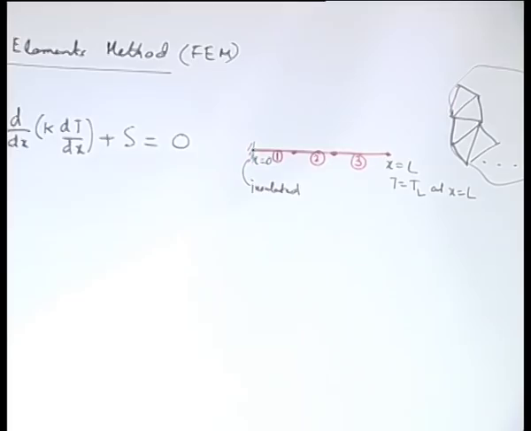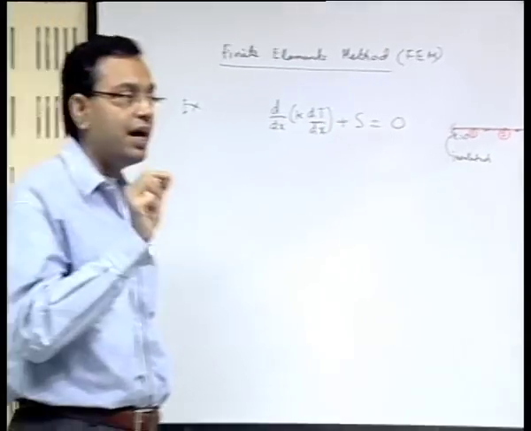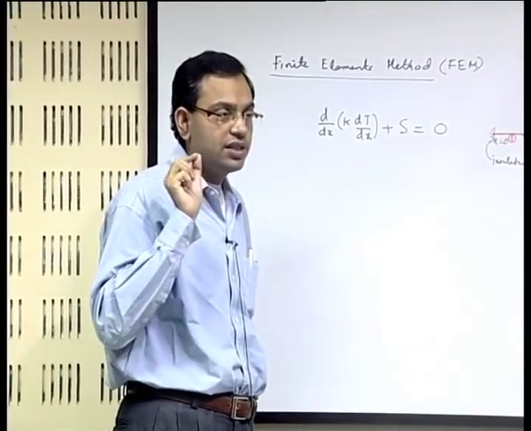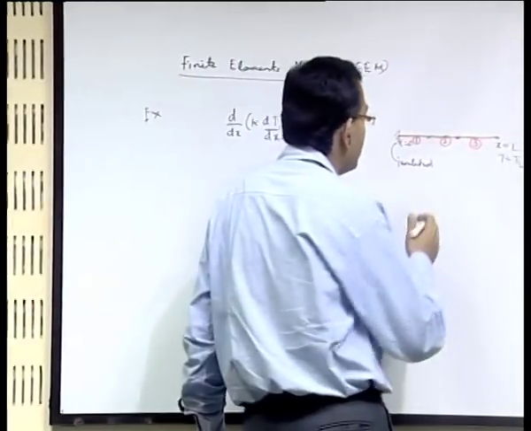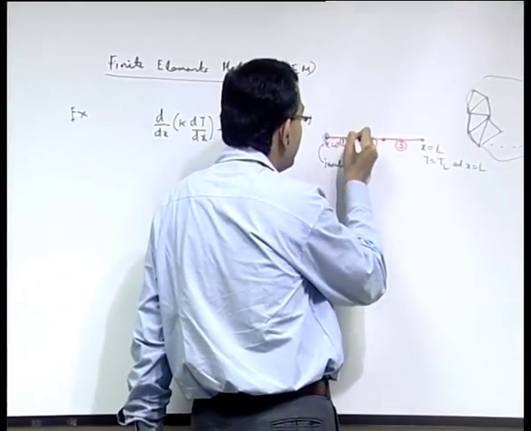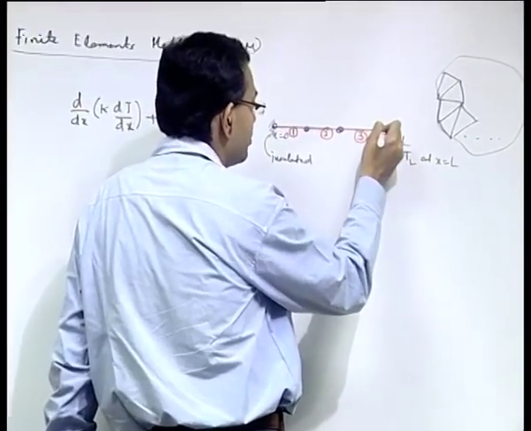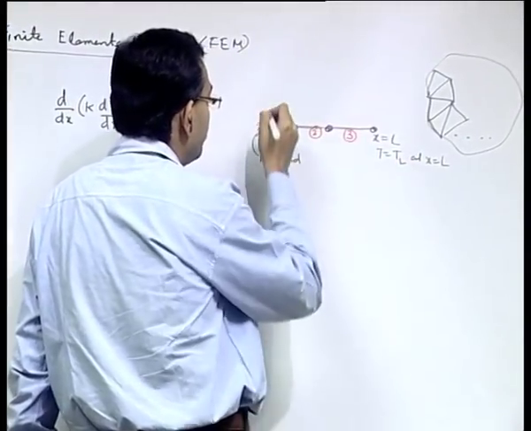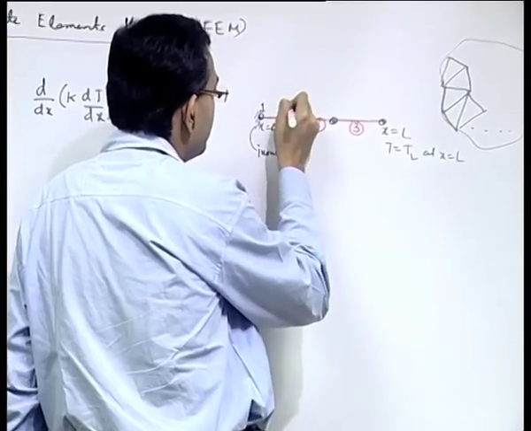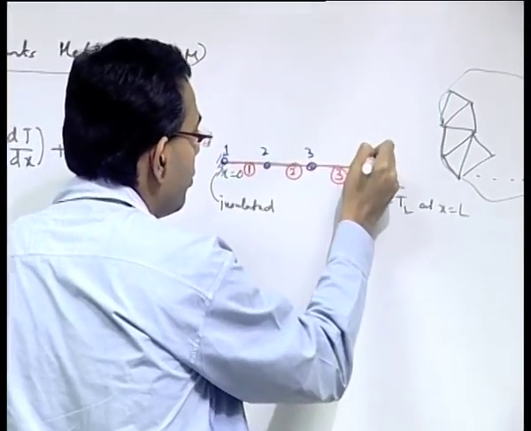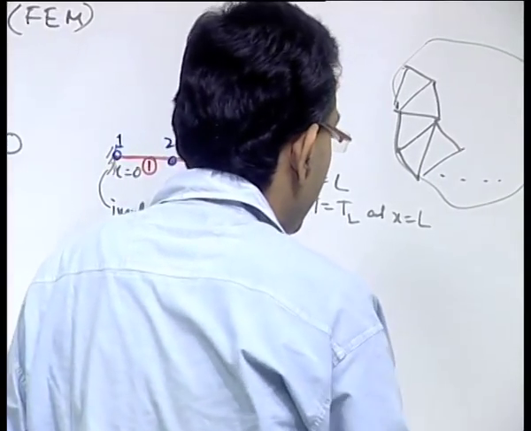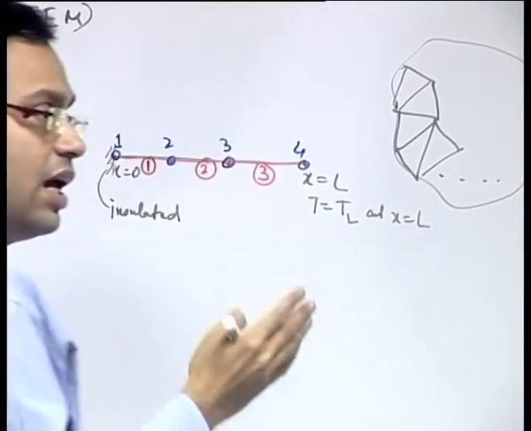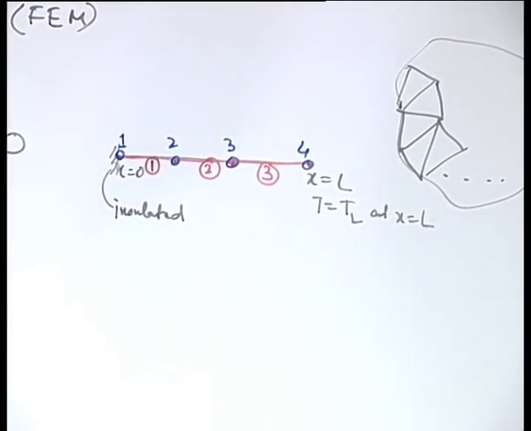Each element in turn is represented by some discrete points, sets of points. So, these discrete sets of points in the terminology of finite element are called as nodes. So, we give the node numbers 1, 2, 3, 4 like that. So, we can create a chart of element node connectivity.